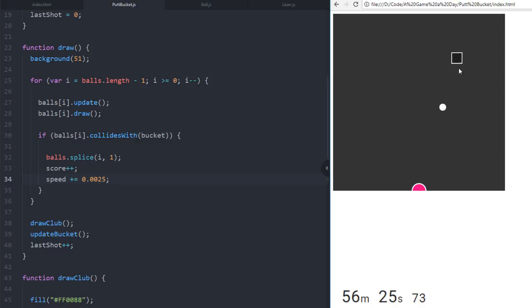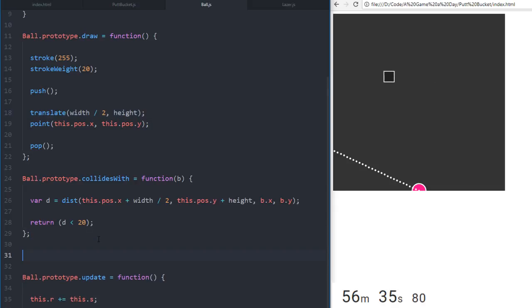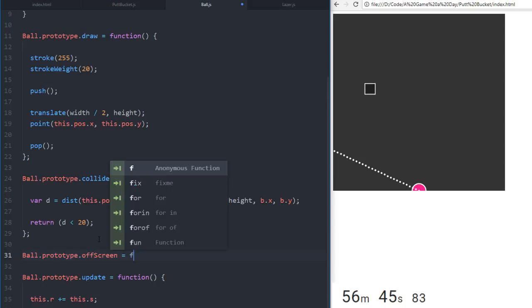Boop, hit it. No, I missed. Okay, so we need to check if we miss it. We need to check is ball.prototype.offScreen equals function,